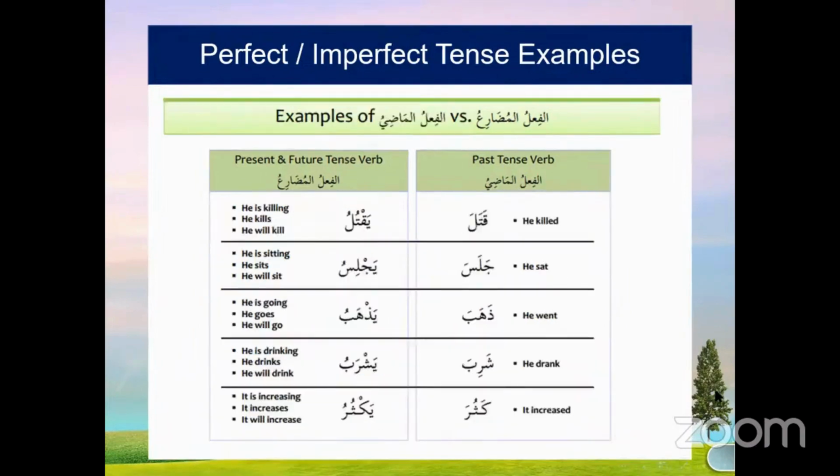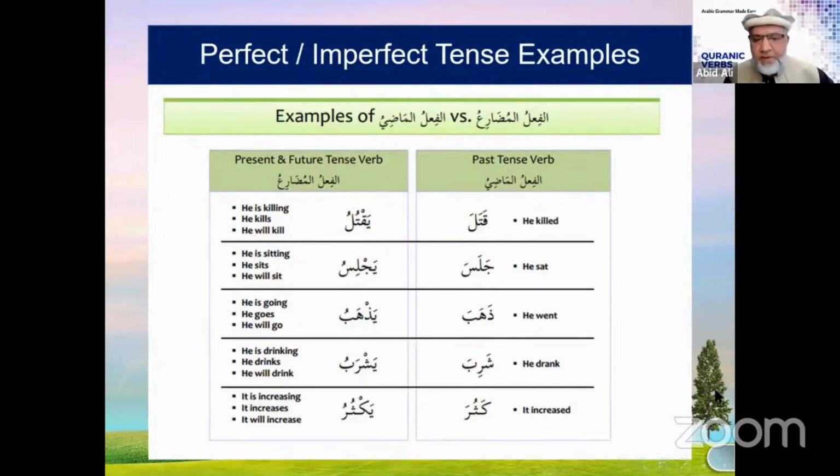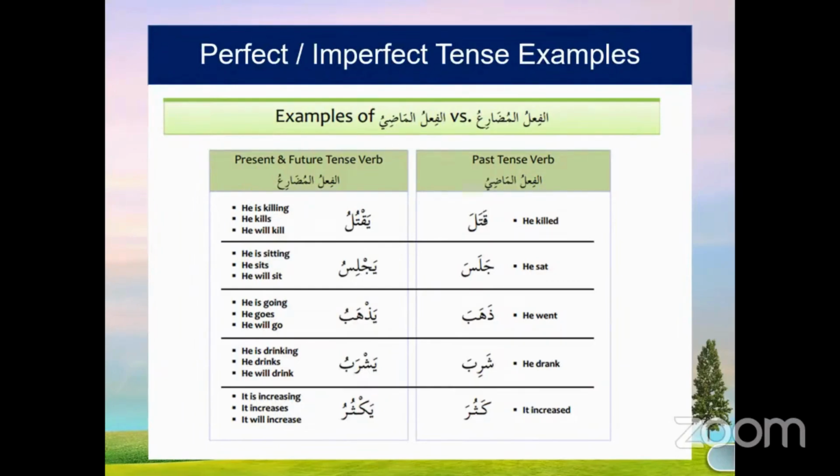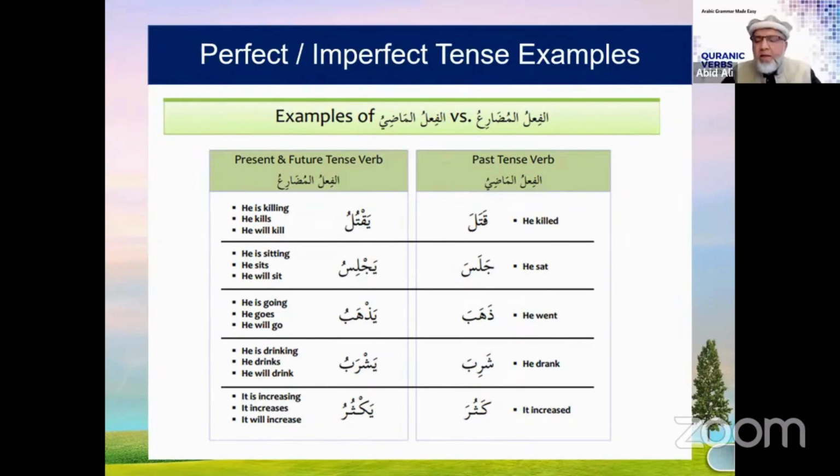So the next thing is, we have looked at some examples in the past. Did we look at Katala? Yes. Katala Daudu Jaluta. So Katala means he killed. Is it Fi'l al-Madi? It is Fi'l al-Madi. Is Katala siga number 1? Yes. Is Huwa in there? Yes. In Yaktulu, he is killing, he kills, he will kill. The Huwa is still there. There is no change there. The fa'il is still Huwa. But what we have done, by adding the Ya, we have changed it to Fi'l al-Mudari.